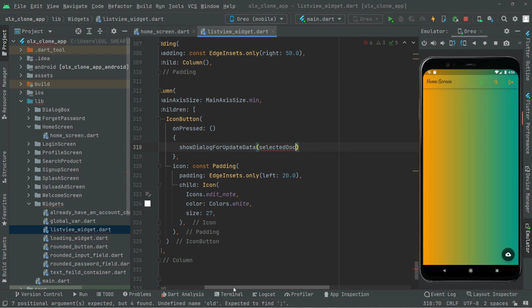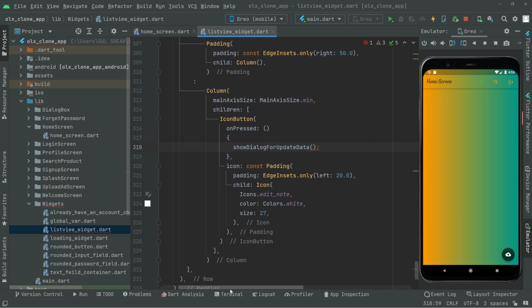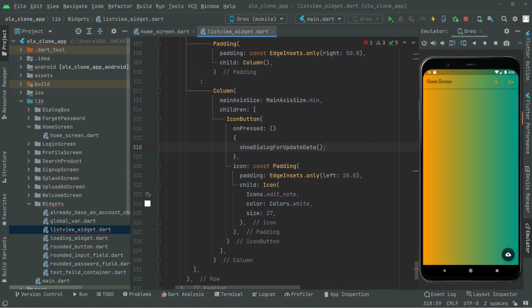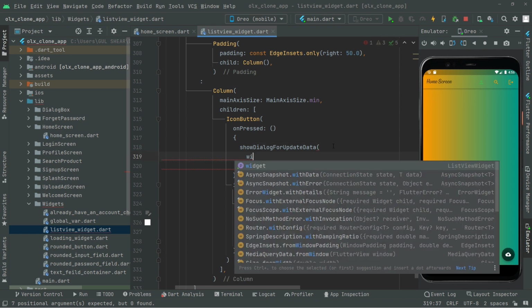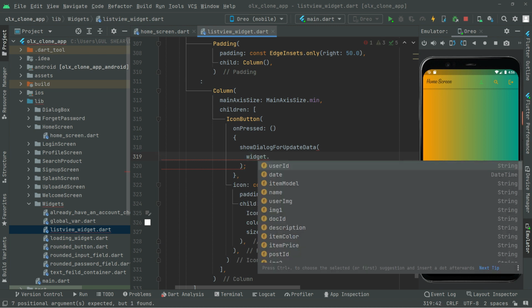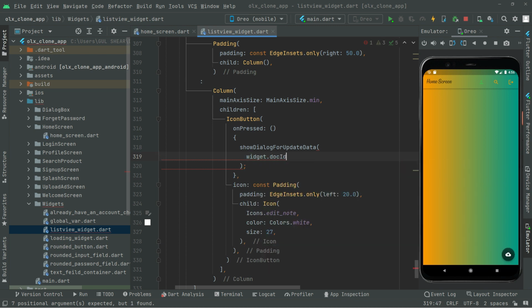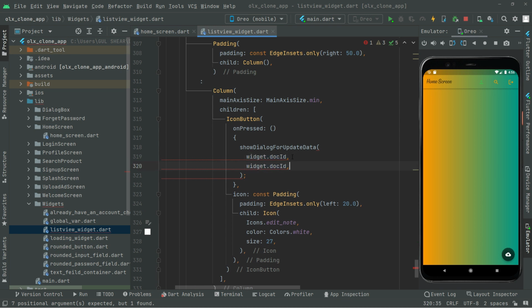Remove this for now, at the end, semicolon, and take this brush down from here. First, what we will do in here, we will say widget dot doc ID, as you guys can see. Now for time saving, I'll just copy that from here and paste it for the name,